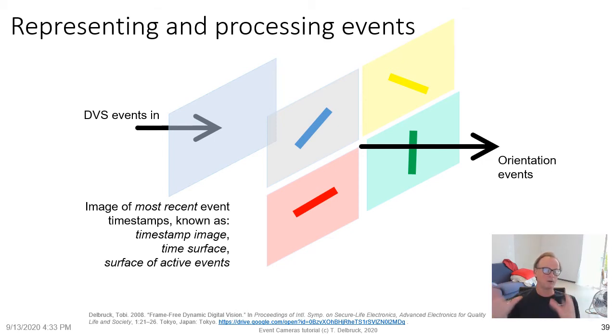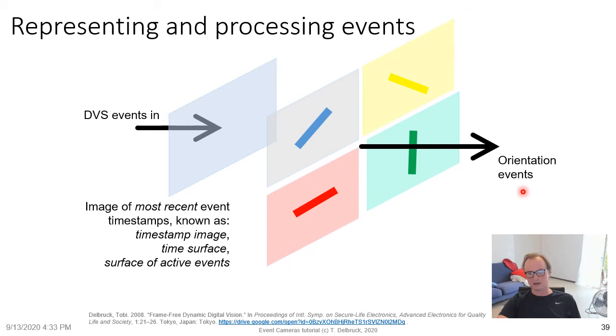Well, it turns out that one very useful representation, particularly in the early days, was the so-called image of most recent event timestamps, known variously as timestamp image, time surface, or surface of active events. This is the representation that we originally used in jAER way back around 2006. As soon as we had the camera, we started using this representation where instead of having a picture of intensities, you have a picture of the most recent event times. And then you can do operations on this picture which are driven by the events. So every time you get an event here, you write the time of the event into the pixel, and now you can do operations around that pixel